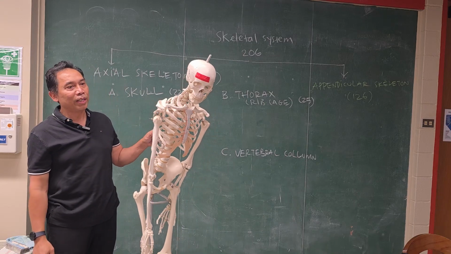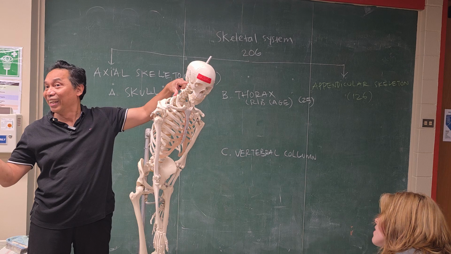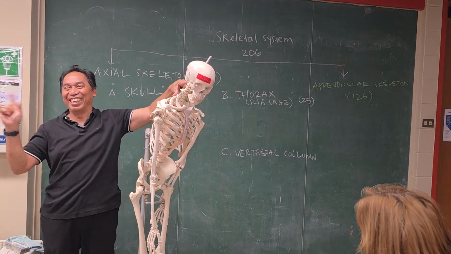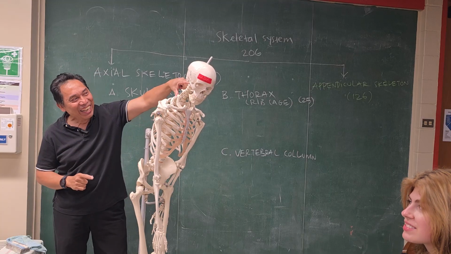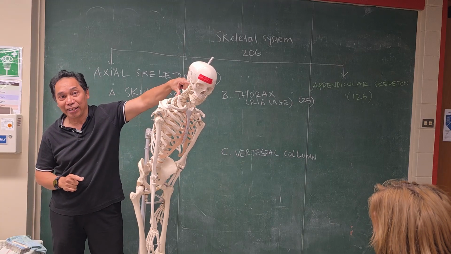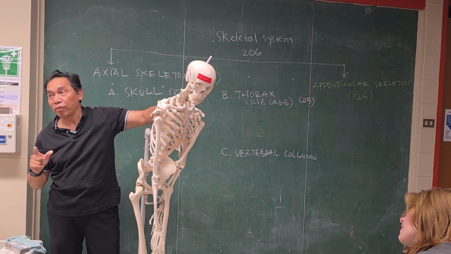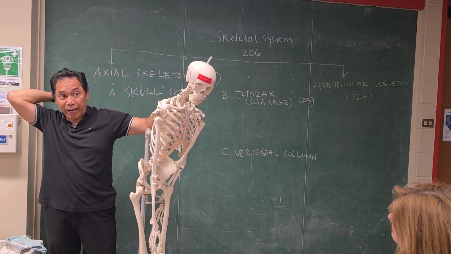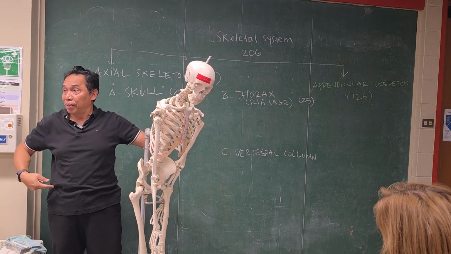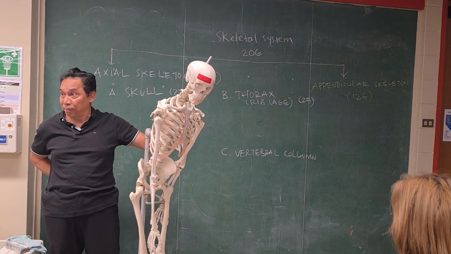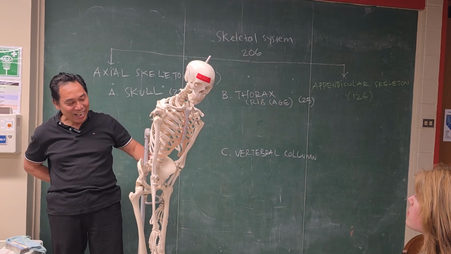Okay. Anybody know how many total? There are how many? 35, 32? No. Let's start. There are 7 on your neck, right? There are 7 on your neck. There are 12 on your thorax, on the back. Okay? There are 5 on your lumbar, on your back. How many is that already? And then there is 1.